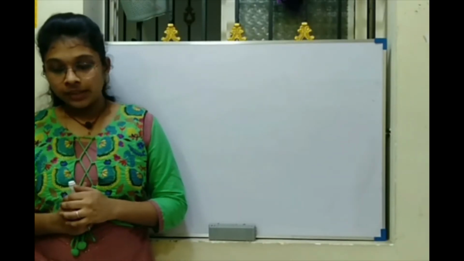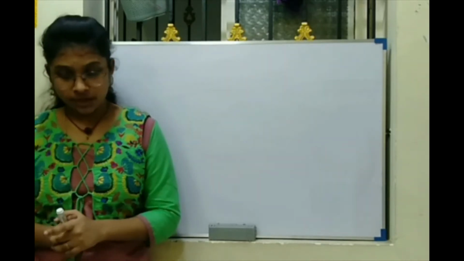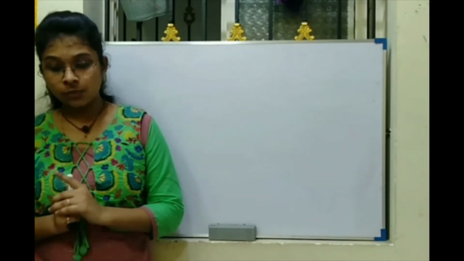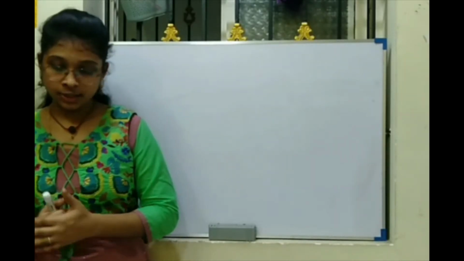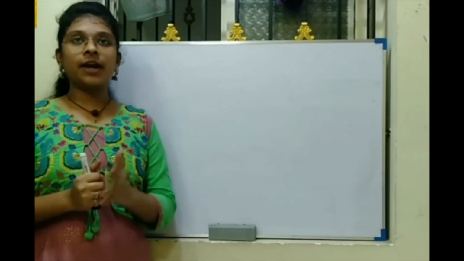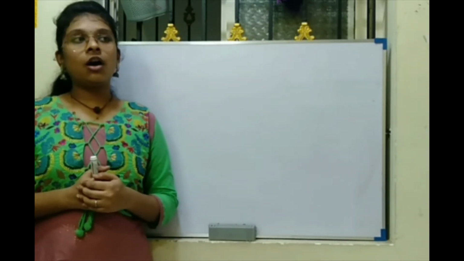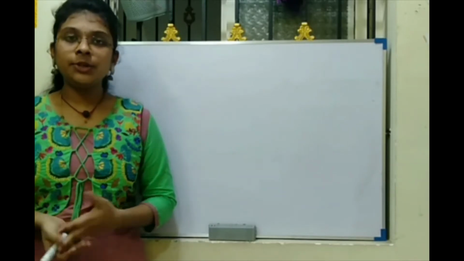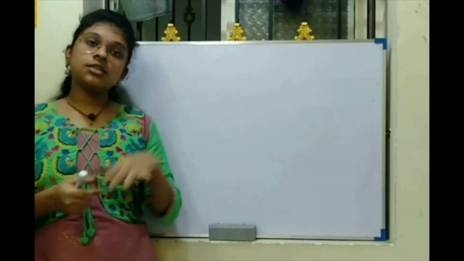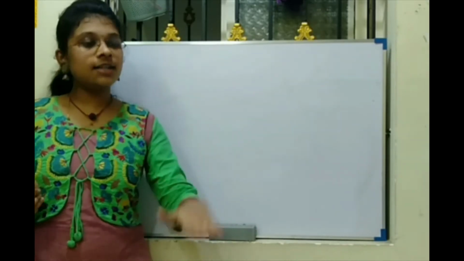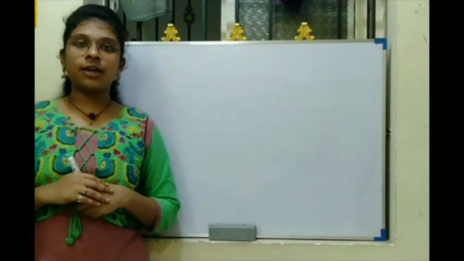Question number 2. The length, breadth and height of the room are 5 meter, 4 meter and 3 meter respectively. Find the cost of whitewashing the walls of the room and the ceiling at the rate of rupees 7.50 per meter square. So we have to find the cost of whitewashing the walls plus ceiling, right? So what do we need to do? That is the total surface area, that is the total area of the room minus the floor will give you the remaining area, right? So with that we can easily find the cost of whitewashing.